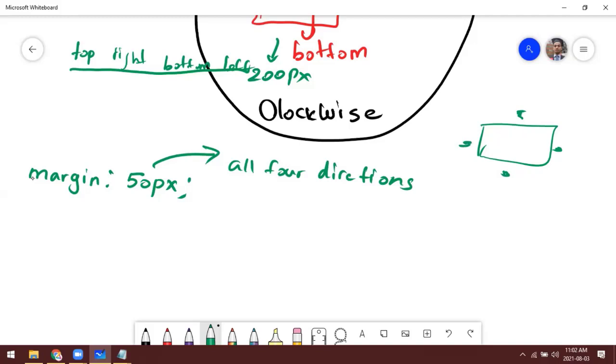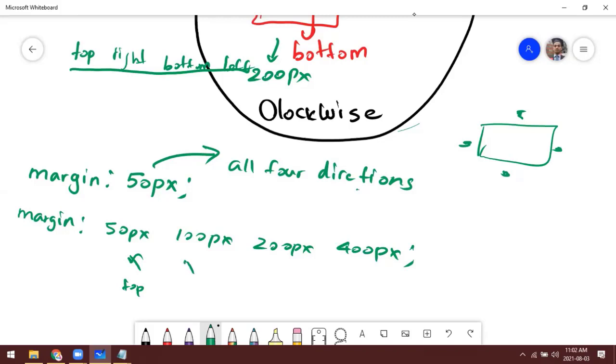If you want to apply, for example, margin 50 pixel, this means it will be applied for all the four directions. If you want to give different values, margin 50 pixel, 100 pixel, 200 pixel, 400 pixel. Then remember this order. This refers to top, clockwise, then right, then bottom, and then left.